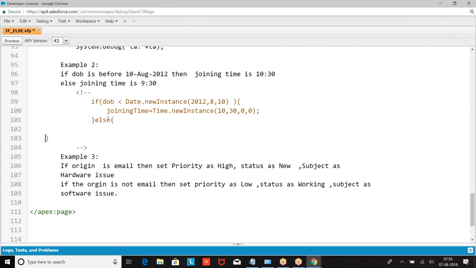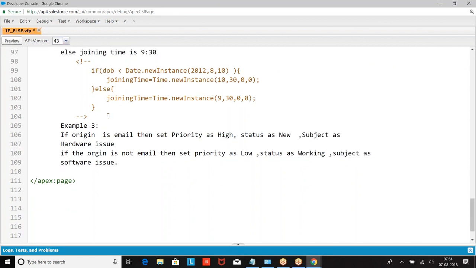Else, n equal to time dot instance. This is how we have defined it. I hope you are clear. Write the second one. Write the second condition.